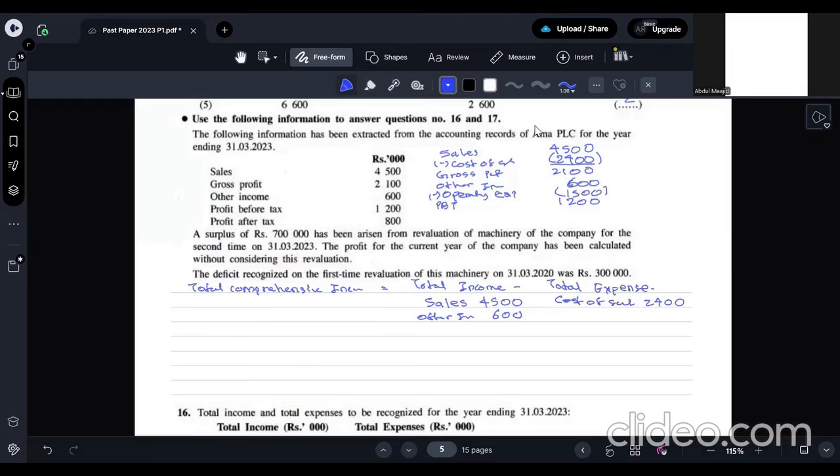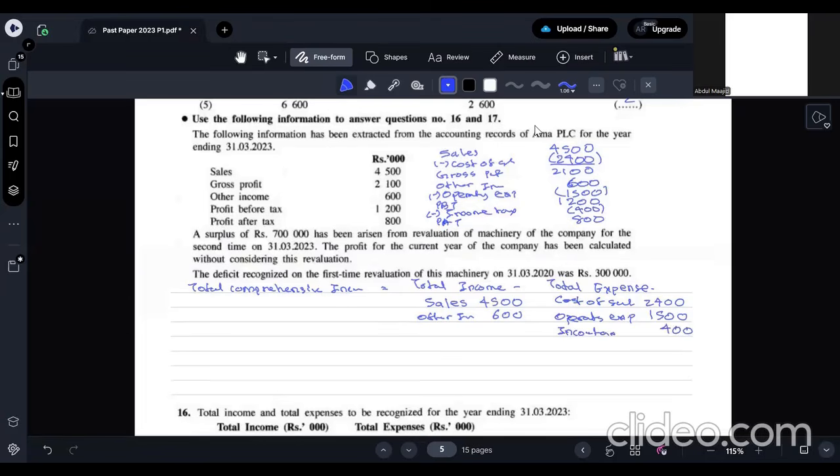So you can recognize the operating expense as expense. Operating expense 1,500. Okay. Then the difference between your profit before tax and profit after tax is your income tax. And how much is the income tax amount here? The difference is 400. That means your income tax is 400. That is the expense. Income tax